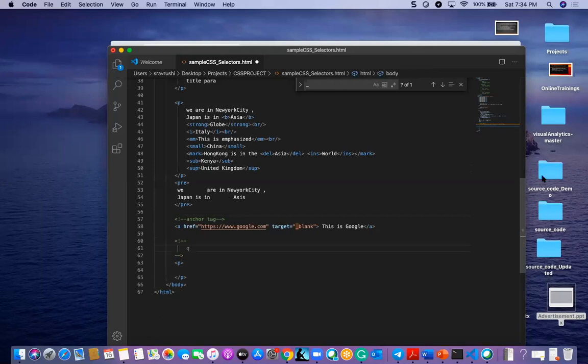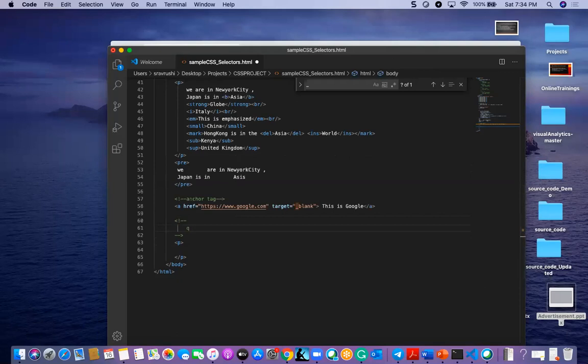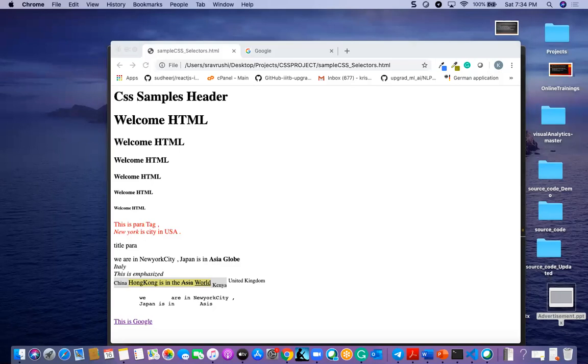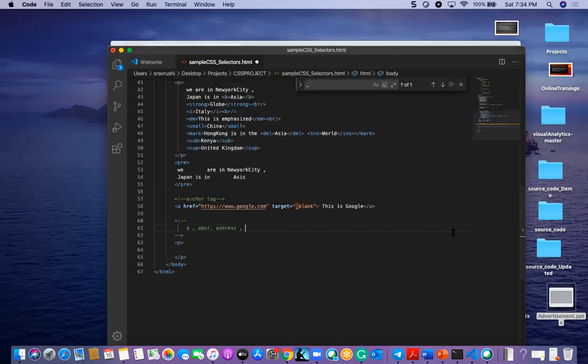And one more is bidirectional override, and also block quote.